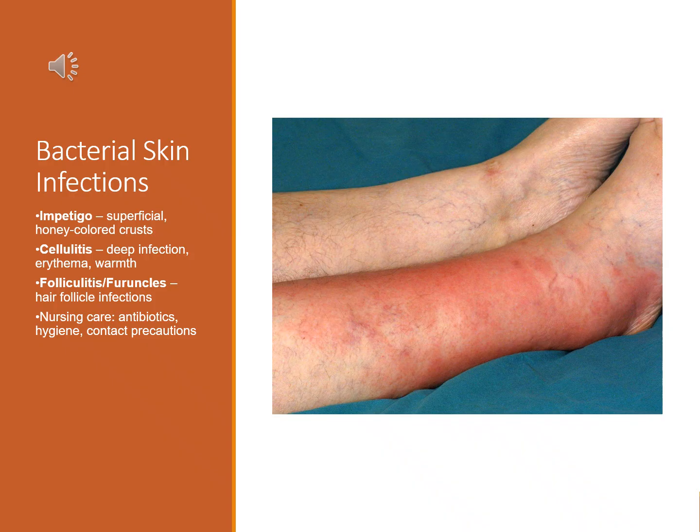What you'll find oftentimes is erythema or redness, warmth, swelling, tenderness, and usually will have some sort of infectious or inflammatory process like a fever. This can spread rapidly into the blood and lead to sepsis. So for our patients, the main thing we want to do is to mark the area of border, so kind of mark the edges of that redness to monitor to see if it spreads, gets worse,